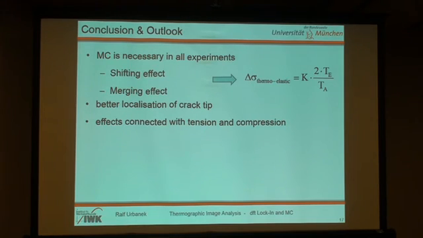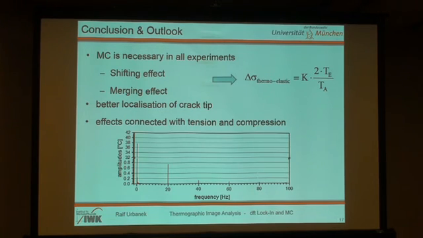And one further problem we have to deal with in future is we have more frequencies than we expect. There is the average part, the thermoelastic part, the 2F part, and then we have two significant parts with higher frequencies, and we do not know how to deal with them. If it is only a mathematical effect, an artifact from DFT, or it is a real mechanical effect, we cannot explain it. So,